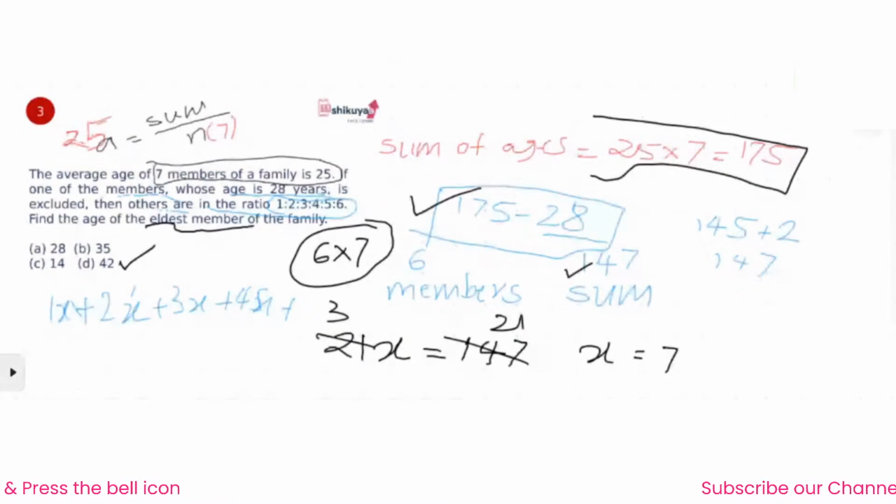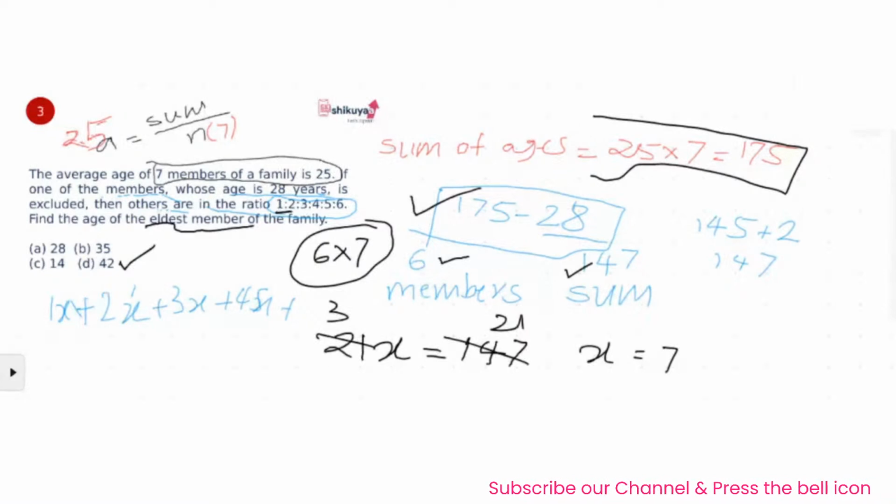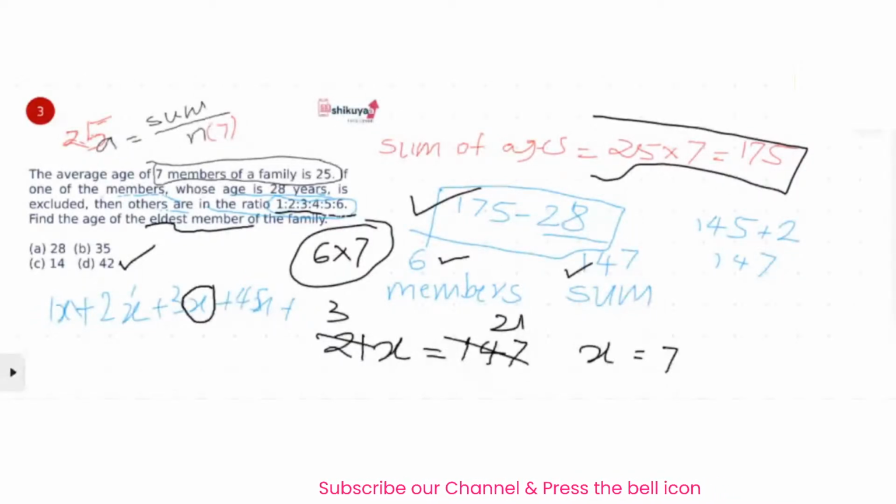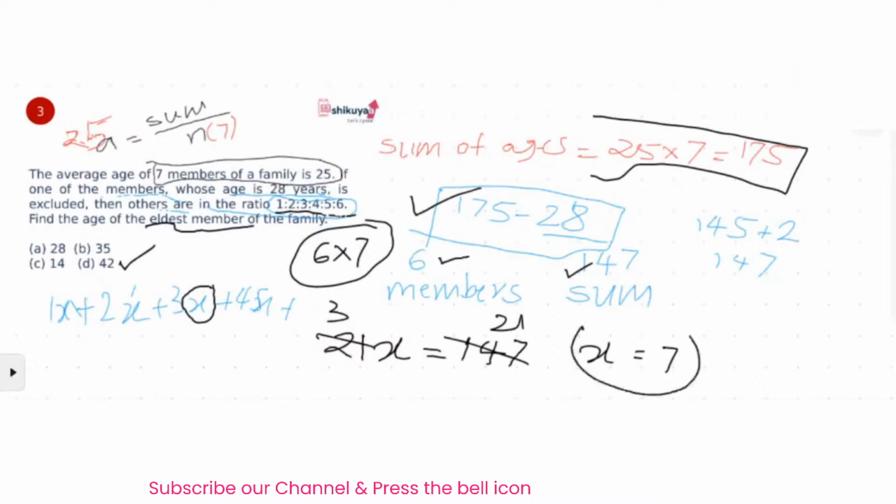As we have removed one person, the number of family members has now become 6. So there are certain ratios given to us. Their addition becomes 21x, as I have assumed a constant in the ratio as x. And finally, I got the value of x, and the answer is 42. As this was a very simple problem,